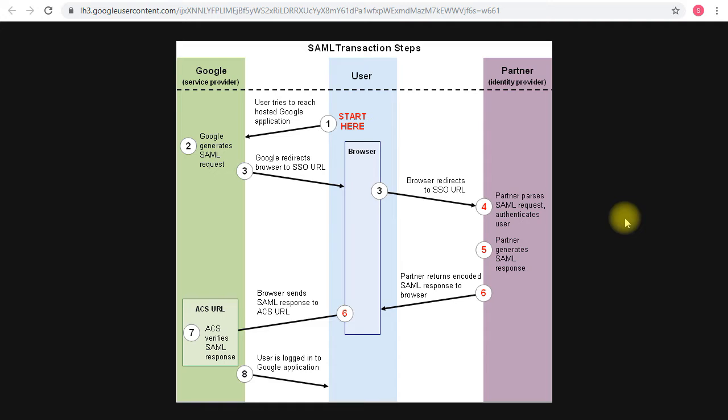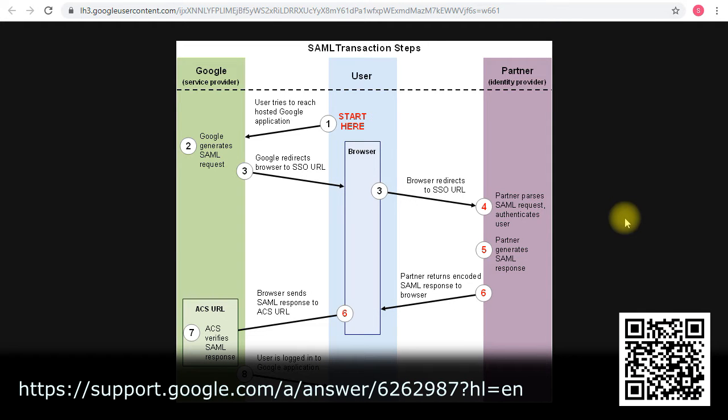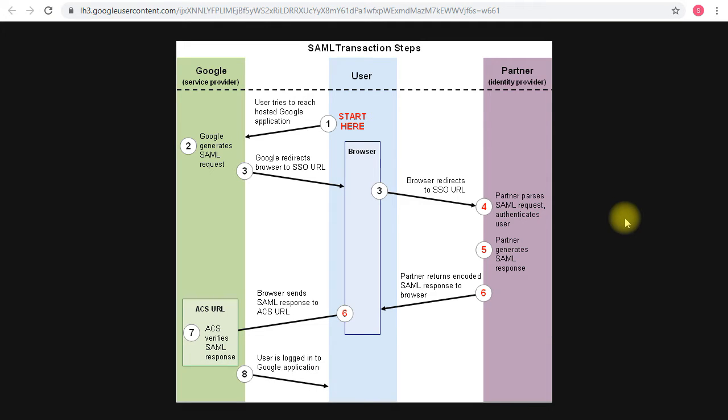So this is the data flow or the process flow diagram for the single sign-on authentication process. This is specific to Google when Google is configured as the service provider when it's integrated with a third-party identity provider. So to give you a little explanation on this, basically the user will start by requesting the sign-in page,